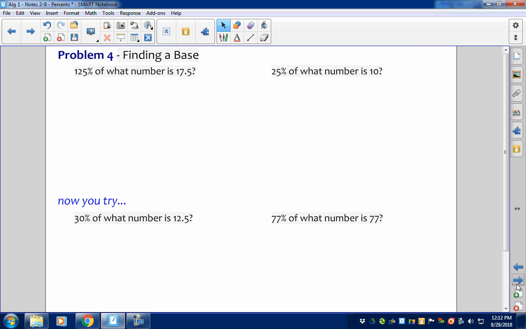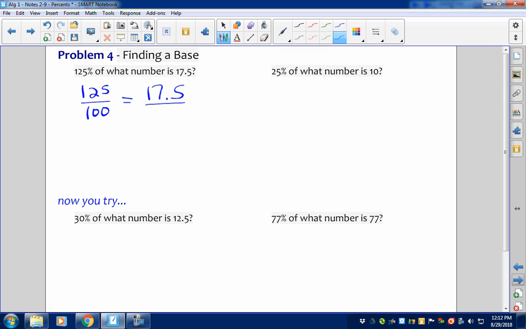What about when X is the base? It says 125% of what number is 17.5. So we'd have percent over 100 equals the is part, which is given to me, 17.5 over x. Now this one's interesting. The 17.5 is the 125% of some number. So the 17.5 will be bigger than what we get. Okay. So if you go ahead and solve this by cross multiplying,